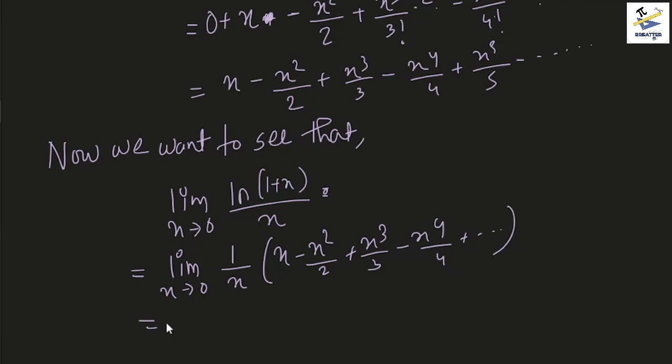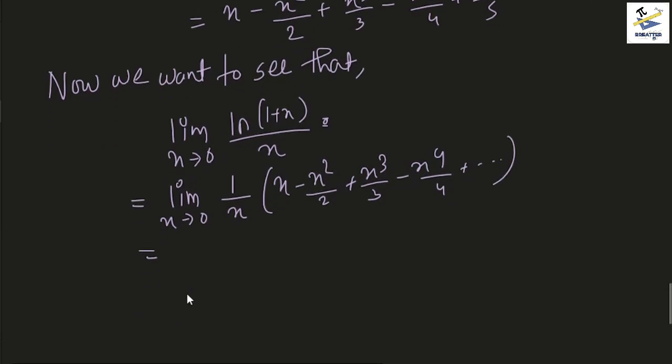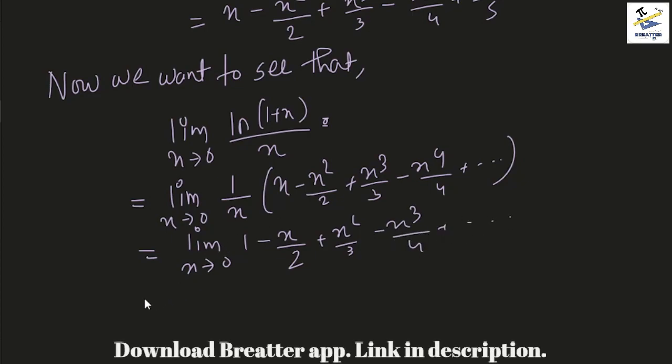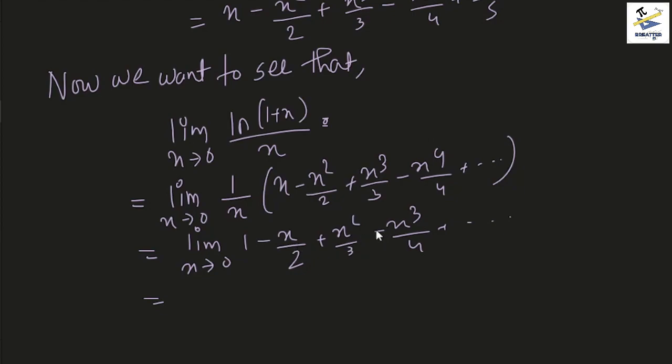Now, since we know that x tends to 0 means x is not equal to 0, we can divide by x and we can find that the answer is 1 minus x by 2 plus x square by 3 minus x cube by 4, and so on, right? Now, as I know that we can always put the value of the limit whenever the function is defined, here we just have a bunch of plus and minuses, obviously infinitely many of them, but we can write this as